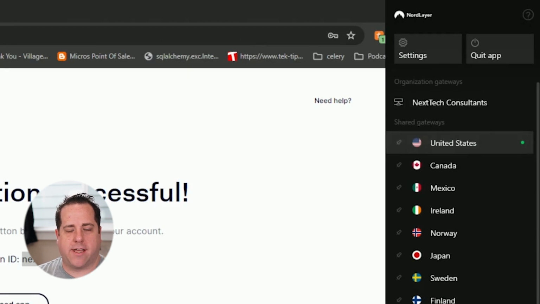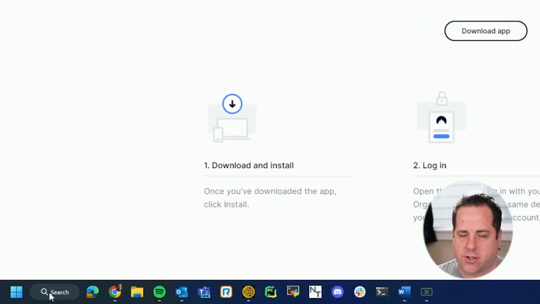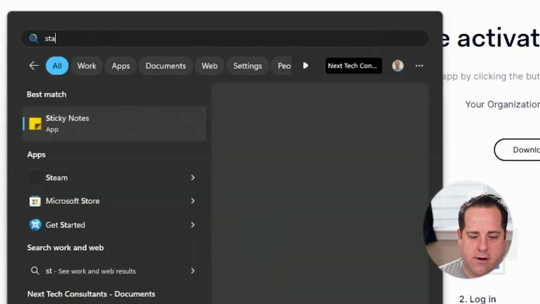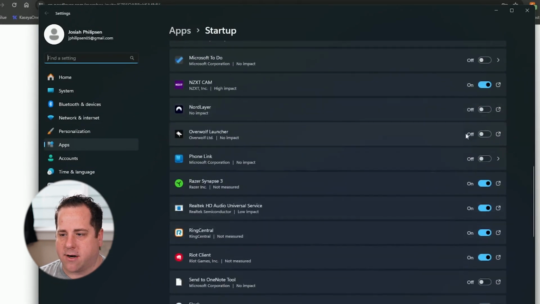The last thing we want to check is to make sure that this app starts when your computer starts up. It does this by default, but if it's not starting up for you right away, it's not going to secure your traffic when you connect to an untrusted Wi-Fi. So what we're going to do is go down into our search and type in startup apps. That's going to bring up all the apps that start up for me at the very beginning. I've turned a lot of them off, but we're going to go down to NordLayer